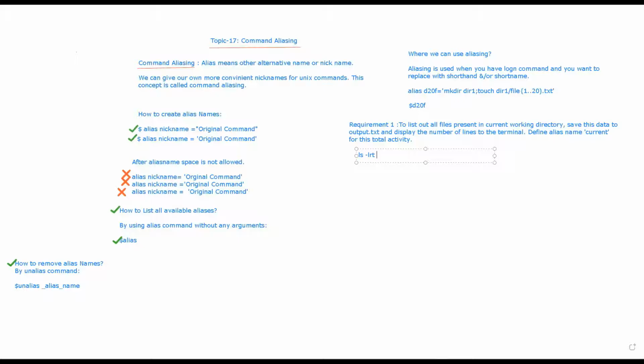If you remember, if you have two outputs, what command can we use? We can use the tee command, right?